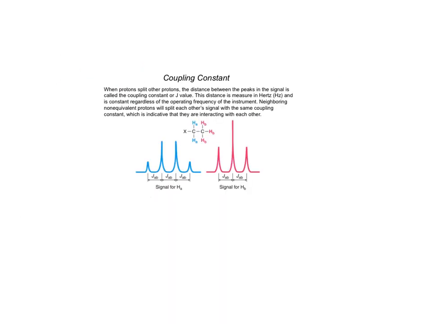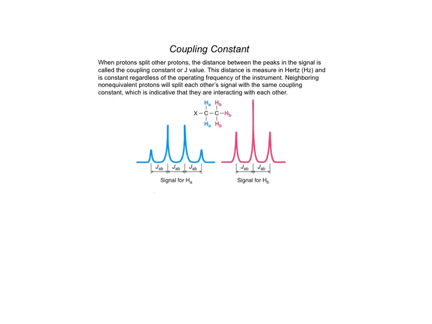Okay, so we're going to cover a couple of cleanup topics just to finish out this idea behind coupling. All right, so when you have protons that are coupling in a molecule, they're going to have what we call a coupling constant, or another word for that is a J value, okay? And it's essentially going to be a measure of how much their interaction is actually splitting the signal